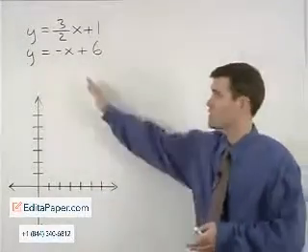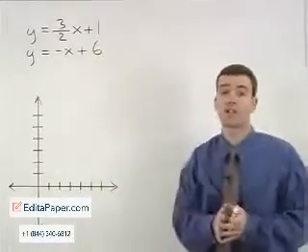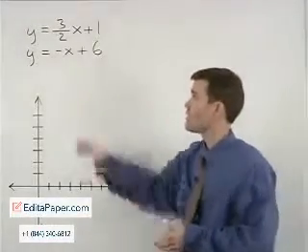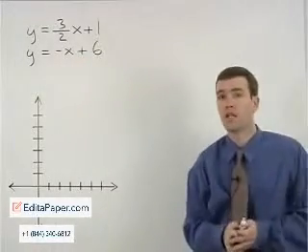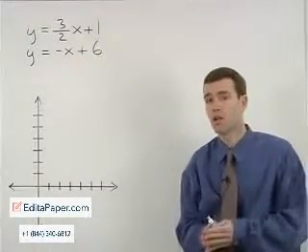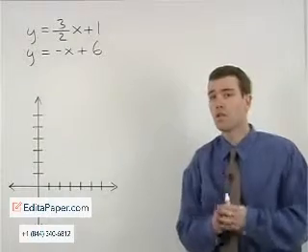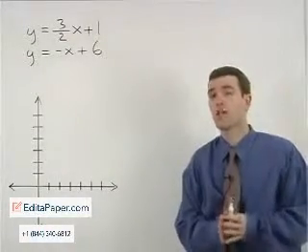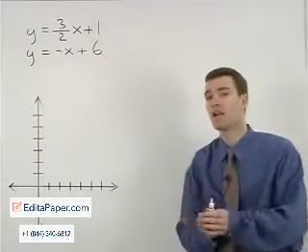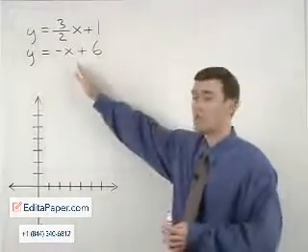To solve a system of equations by graphing, we would first graph each of the two given lines, and what we're looking for is their point of intersection. This point where the two lines intersect will represent the x and y that is the solution to this system